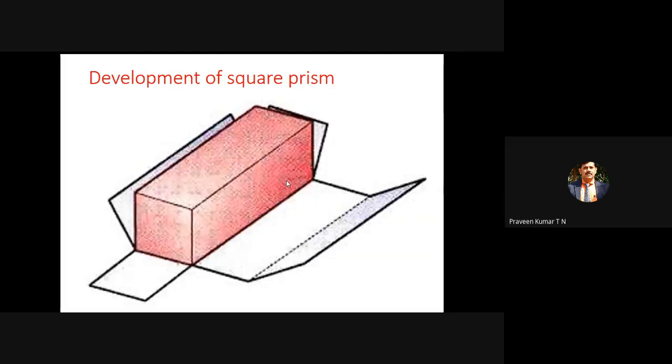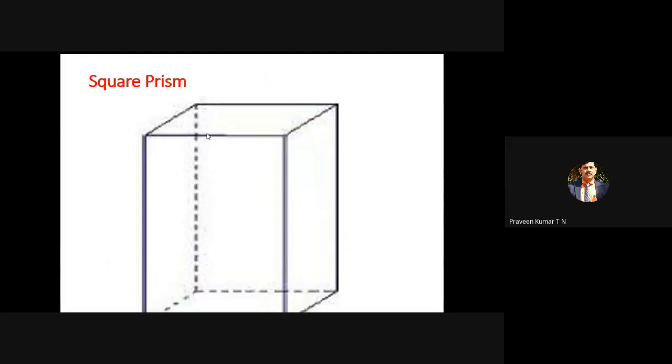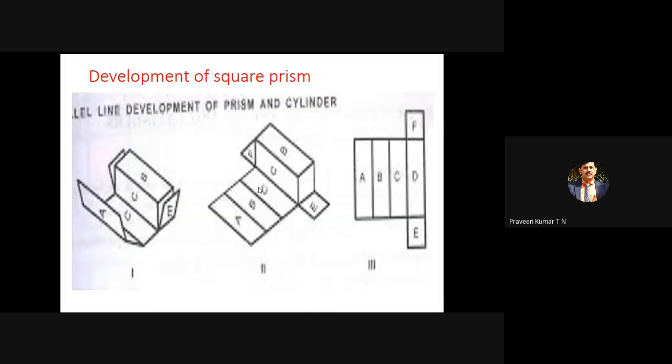So already you have seen some prism here. I think this is one lateral surface. The rightmost is one lateral surface. The leftmost is one more lateral surface. On the back side there is one more lateral surface, and in front one more lateral surface. There are 4 lateral surfaces. Even for the square prism, there are 4 lateral surfaces. So all 4 lateral surfaces are rectangular. Those 4 rectangular surfaces we can see here.